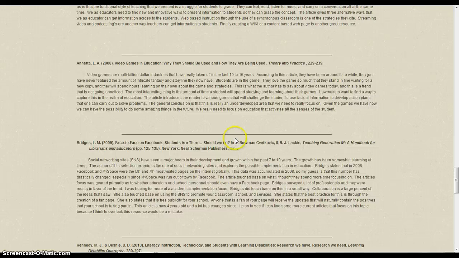And are we passing up a good opportunity by not implementing something that kids are so fluent with, so into, and so engrossed in? There's that concern over privacy. There's that concern over "I really don't want to be able to see what's going on in a student's personal life." That's why Facebook has what we call, it's not a personal page. It's more of a